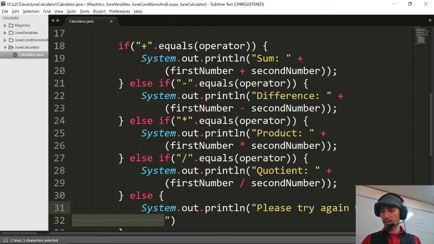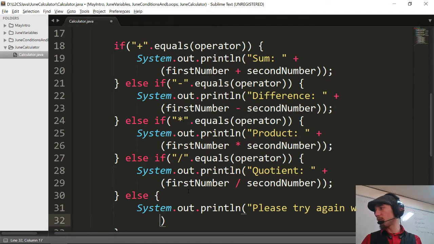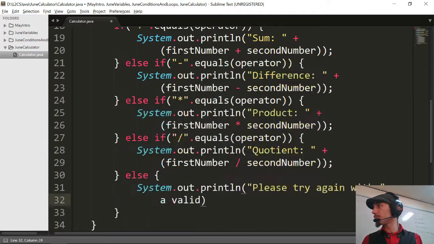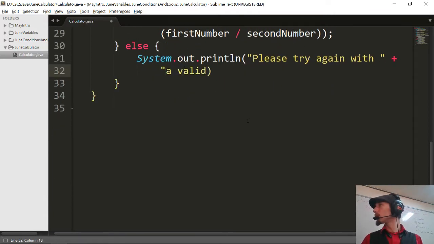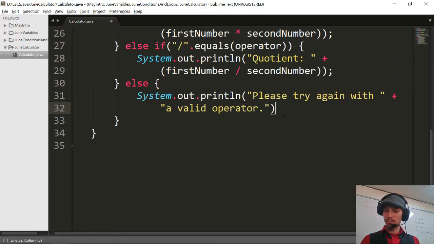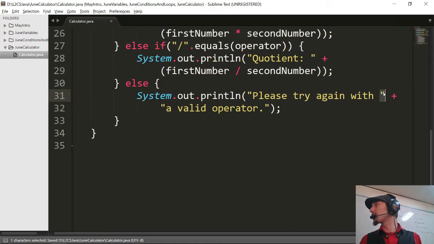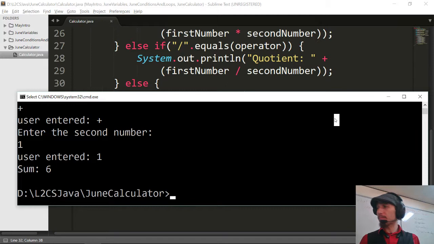Oh, what? Come on, Java. Oh, that's right. That's IntelliJ, not Java. I just did this plus for the new line because I don't want to have to scroll. It's the same thing. Okay. So now, if we do